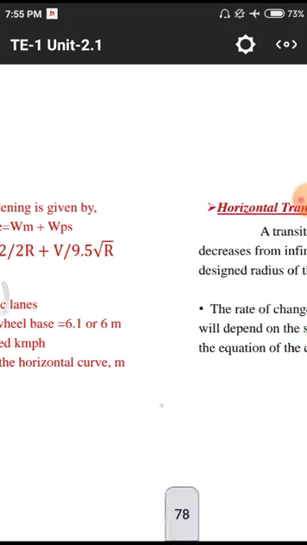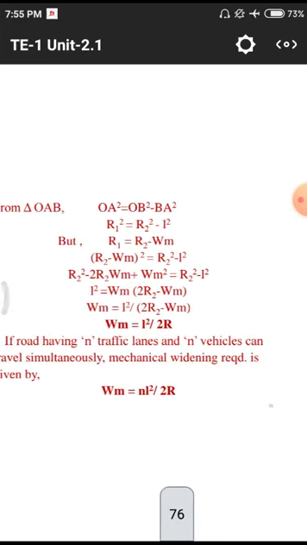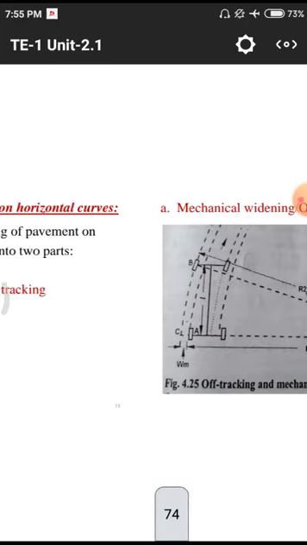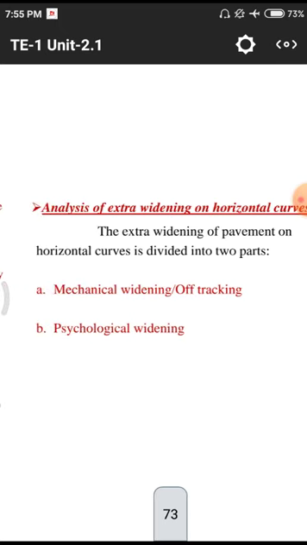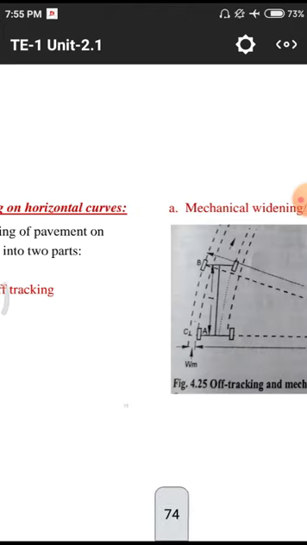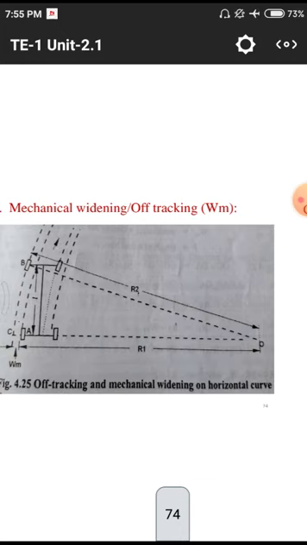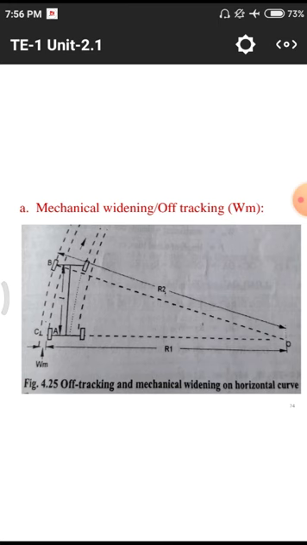Okay, this is the widening of the road. Once again I will explain this widening of the road. This widening is entirely comprised of 2 components. The first one is the mechanical widening, the second one is the physiological widening. In the mechanical widening we consider only mechanics principles, using this simple triangle, the radius of the curve, that means the radius of the particular road, the outer radius, the inner radius, and the minimum height of the pavement. By using all those conditions we arrive at the formula.